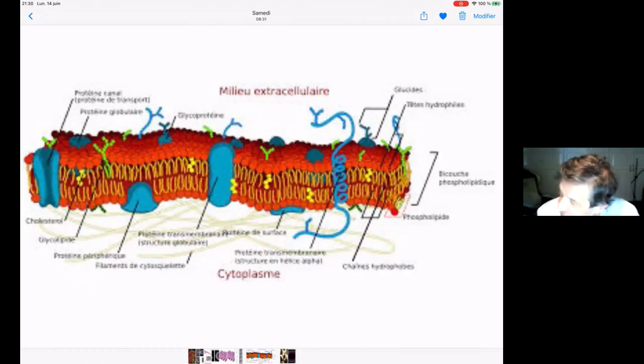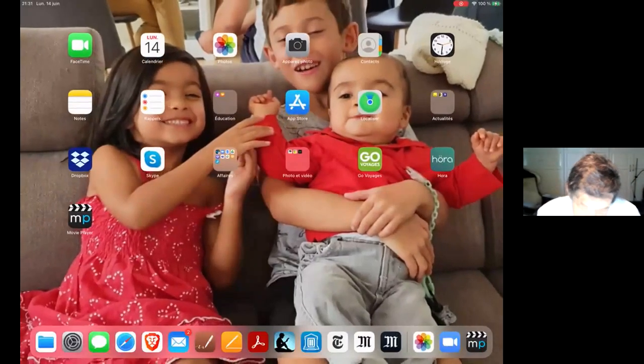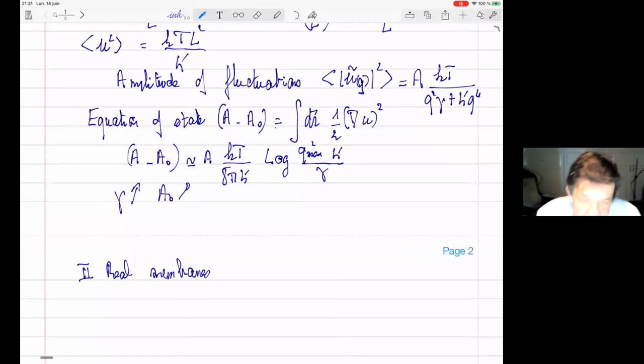This kind of idealization of the membrane with lots of proteins floating around was proposed by two biologists, Nicholson and Singer, and it's called the fluid mosaic model, which is how people describe membranes in the biological literature. Now, what I want to do is show you some examples of what proteins do in membranes and what I should add to this ideal picture that I showed you before. There are essentially four types of effects that I want to discuss.